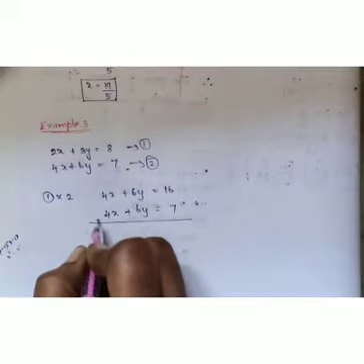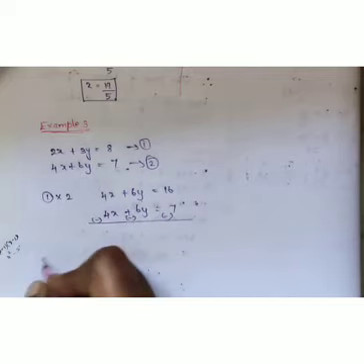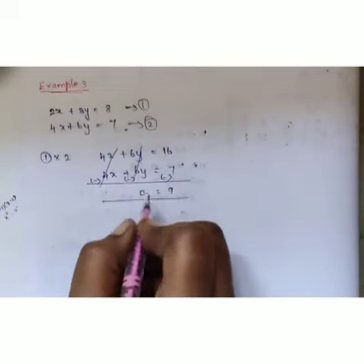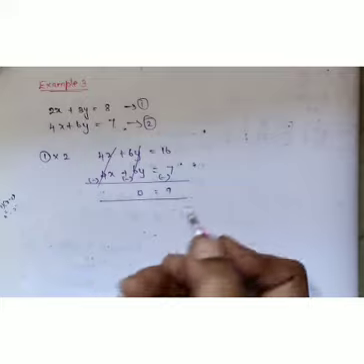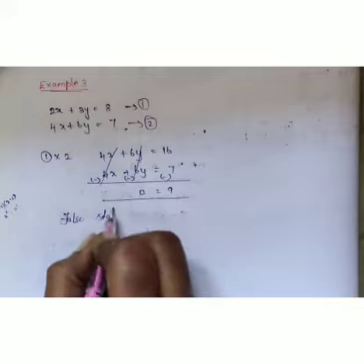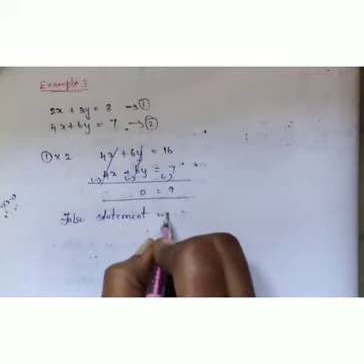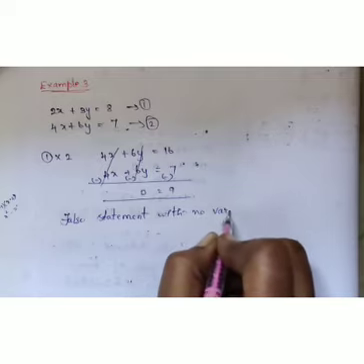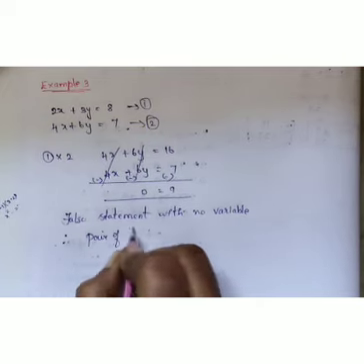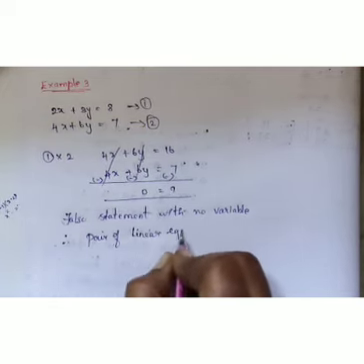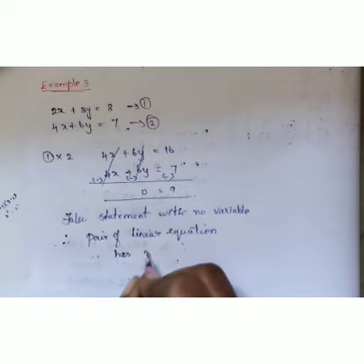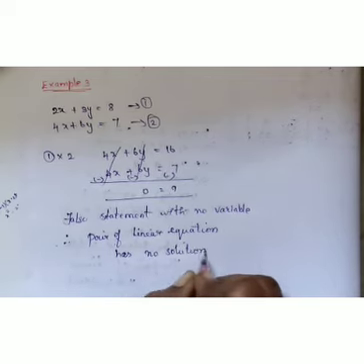Now plus and plus is there, so do subtraction here so that the sign change will be there. Both get cancelled. Here it is 0, and this is equal to 9. See here, I got the answer 0 is equal to 9. The 0 value is not equal to 9. So this is a false statement with no variables. Therefore, this pair of linear equations has no solution. That is, it is inconsistent.